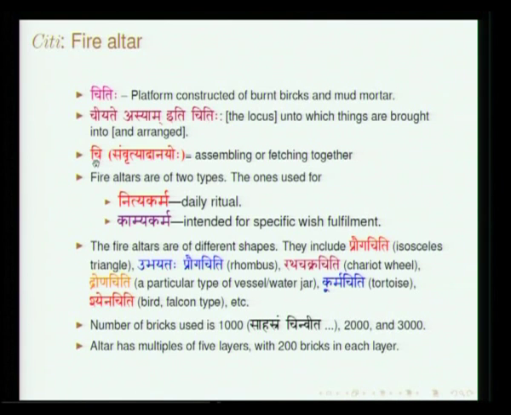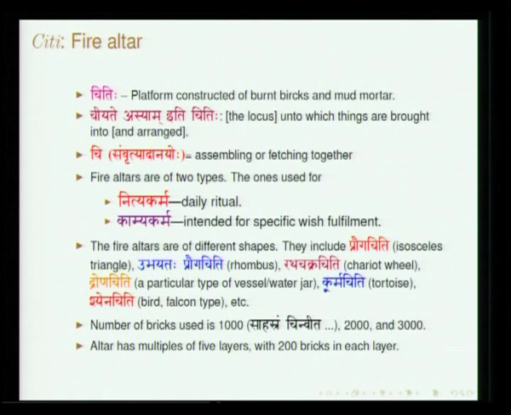For those who are more interested in knowing the details, Chiti Samvrit Yadanayoh, this is how the word has been defined in the Vyakarana text. These sacrificial altars are primarily for two purposes, one is for kamya karma, the other is for nitya karma. In nitya karma, Agnihotra itself is considered a nitya karma, wherein you have various kundas. One will be in the form of a circle, the other in the form of a semicircle, the other in the form of a square. The area of all the three has to be the same; that is how it is constructed. And there are various kamya karmas.